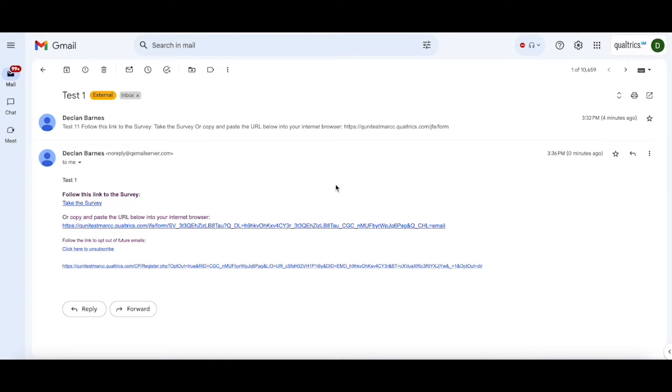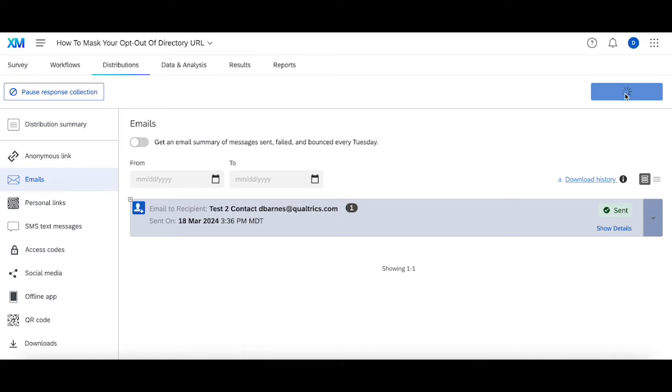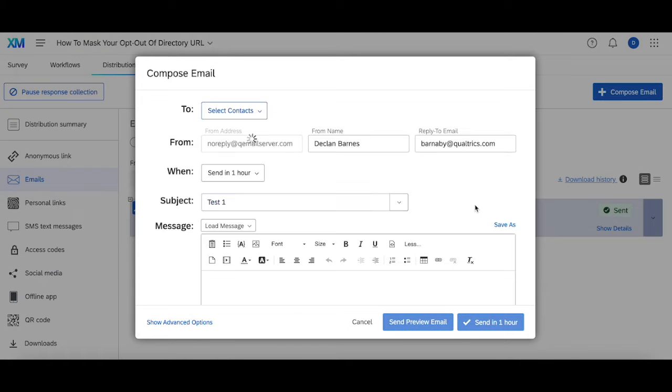Okay, so the link went through, and if you'll notice in here, the opt-out of this contact list just says click here to unsubscribe, while the opt-out of the directory is this really long link that is very not user-friendly. Now, the way we're gonna go about changing this link to make it appear like this is by doing the following. So if we head back to the survey, compose another email,